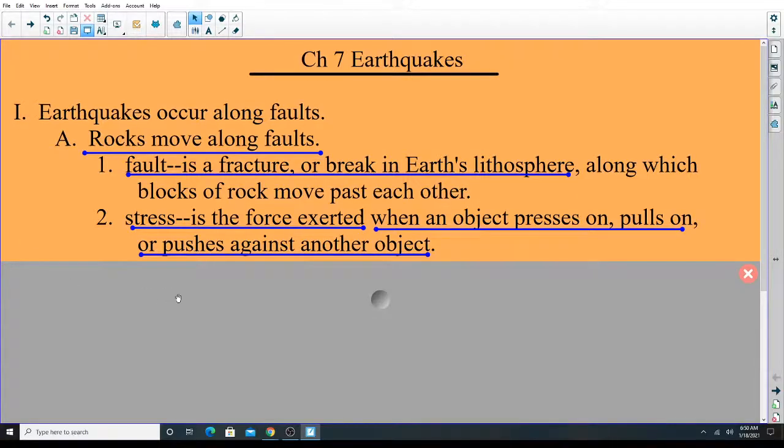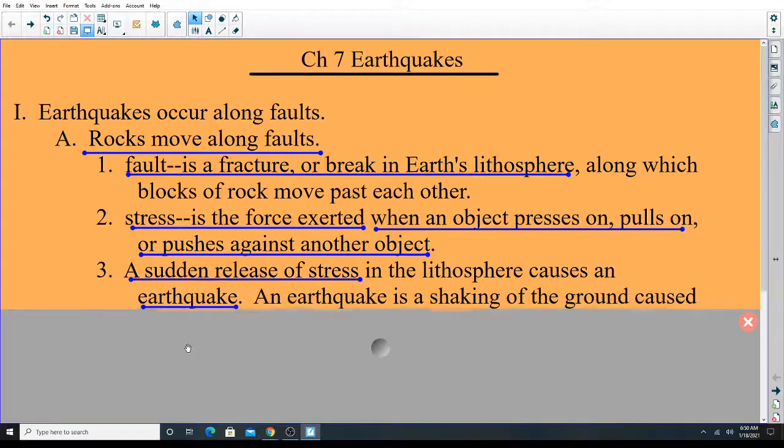So, when that is released, that is called an earthquake. When that stress inside that rock, where they're running into each other or they're pulling apart from each other or they're trying to slide past each other and they're stuck there, when it is released, that becomes what we call an earthquake. It releases that stress suddenly, and the ground begins to move.